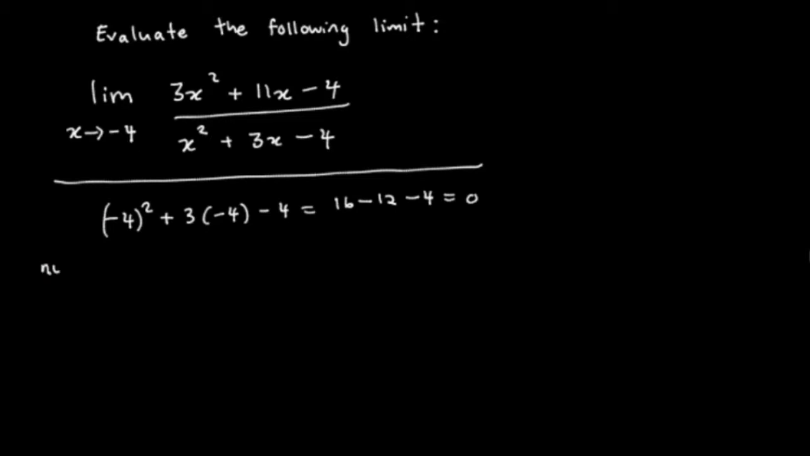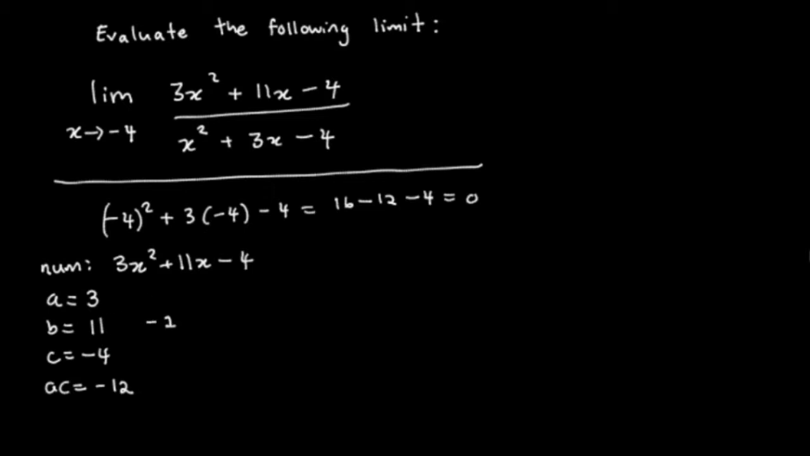So let's start with the numerator. The numerator here is 3x squared plus 11x minus 4, so I want to factor this. I'm going to write down the coefficients. A is equal to 3, B is equal to 11, and the constant C is equal to negative 4. Our rule here is to factor these, you want two numbers that add up to B that multiply to AC, and AC here is negative 12. So two numbers that multiply to negative 12 that add up to 11, you can basically do negative 1 and